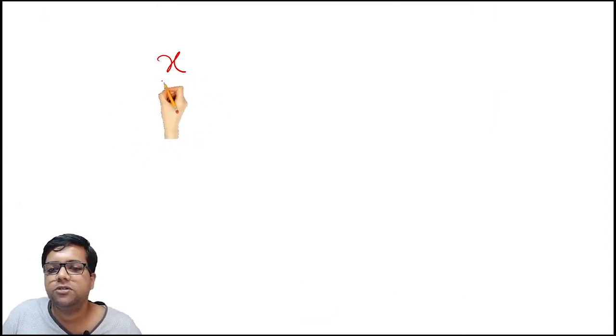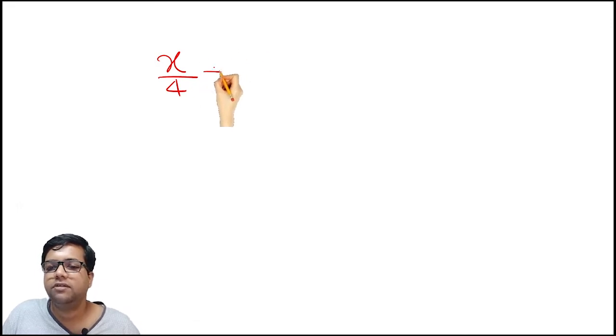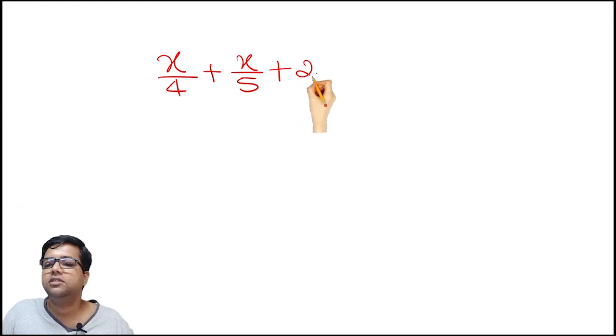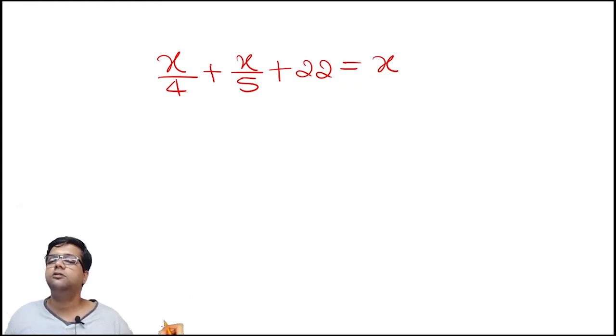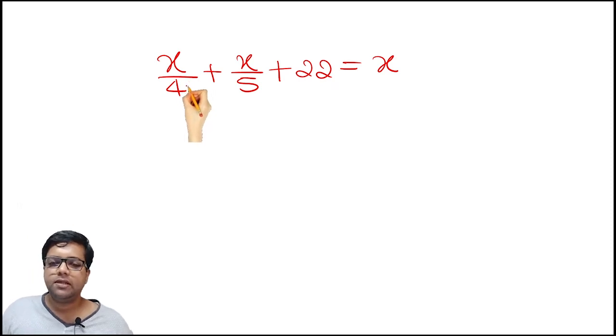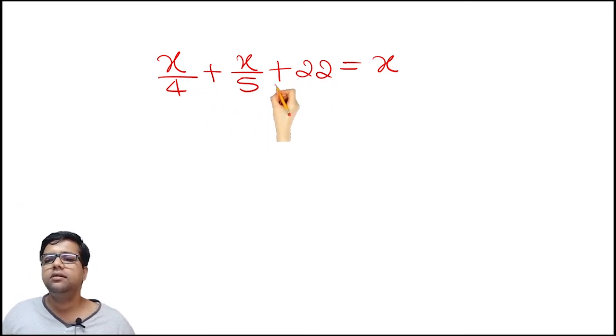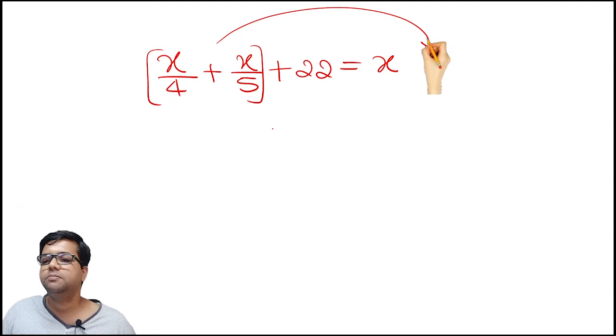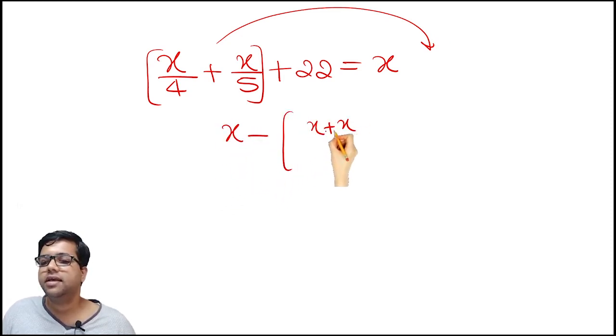The number of birds at the bank of the river plus the number of birds nesting plus the number of birds in search of food is equal to the total number of birds. So how do we solve this? You take both of these to this side, that makes it X minus X/4 plus X/5.